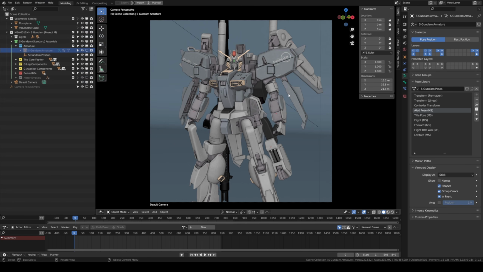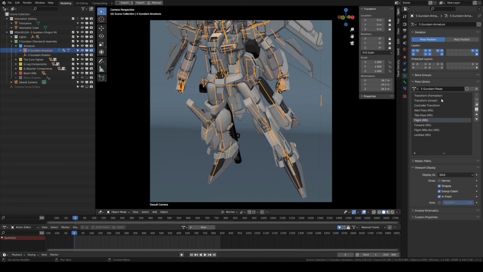The armature will be disabled in viewports by default, but you can enable it by toggling the viewport icon in the outliner. With the armature selected, go over to the Properties panel and open the Object Data panel. In this panel, you will find the Pose library. Select a pose and press the magnifying glass to apply it. Please understand this will only work if all bones are selected in pose mode.